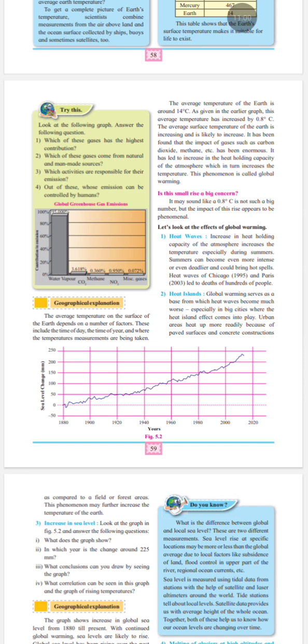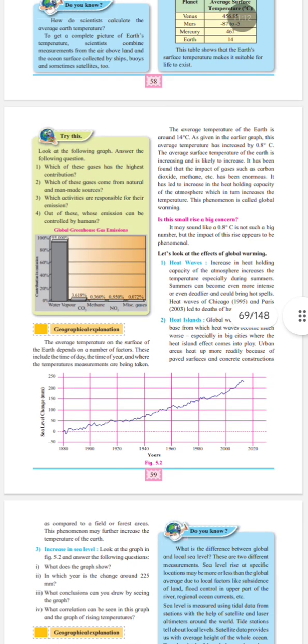retain heat. So, students, in part 1, we understood the basic concept of global climate change, the rise in Earth's average temperature, global warming, and its first two major effects, heat waves and heat islands. In the next part, part 2, we will continue with the remaining effects of